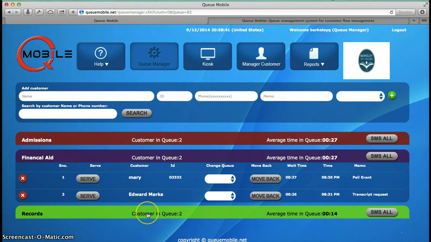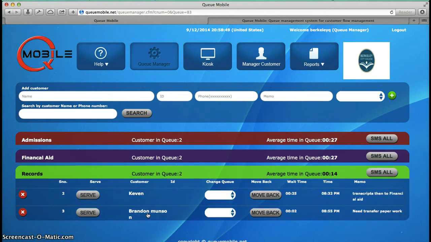And that is a very efficient process to keep student flow moving and also to keep the flow in process for your staff underway. Now in this case, if I enter another student into the queue,